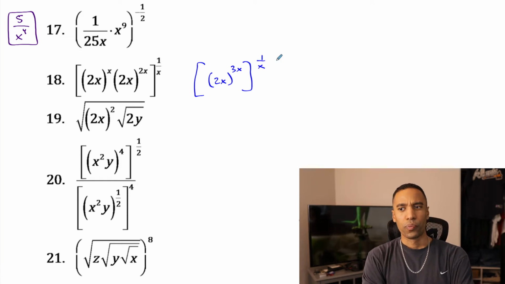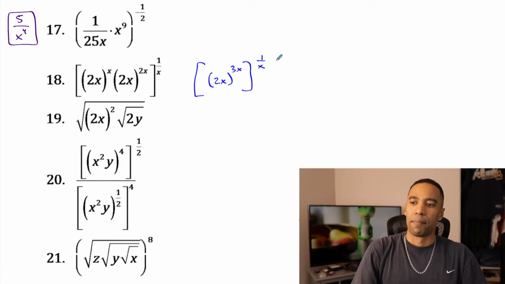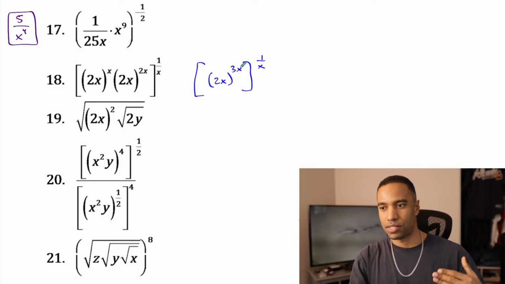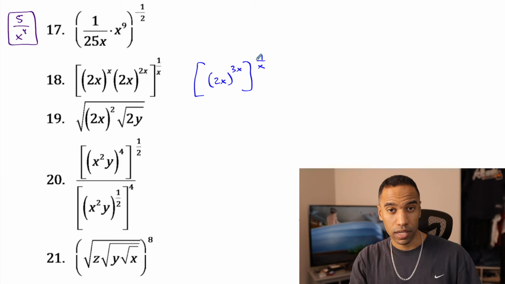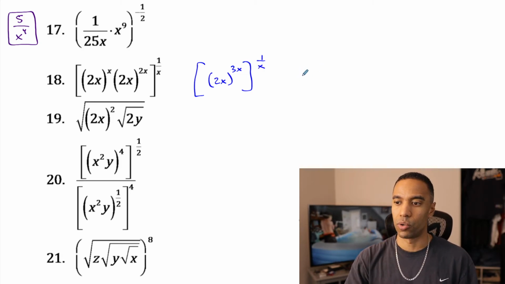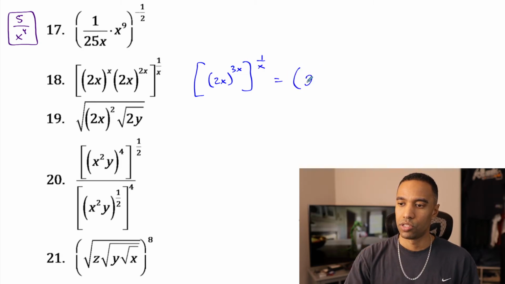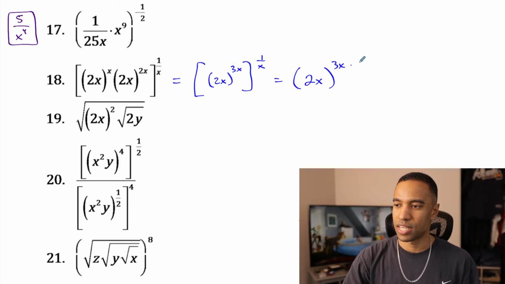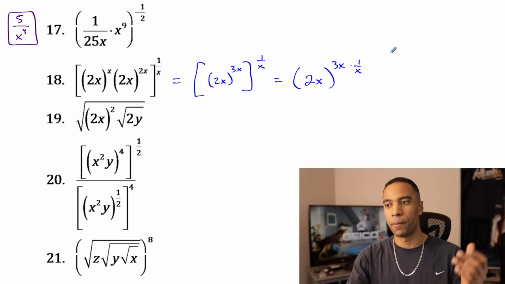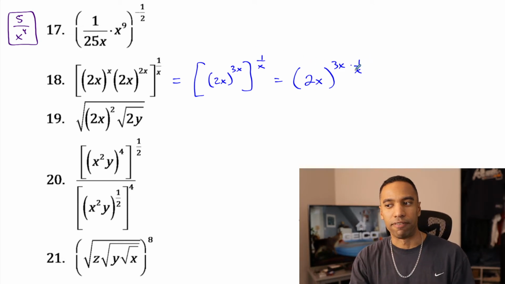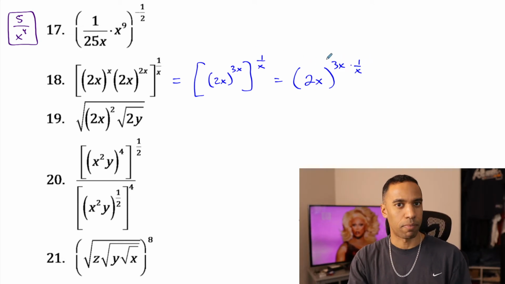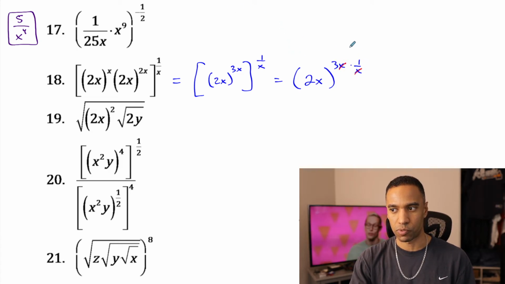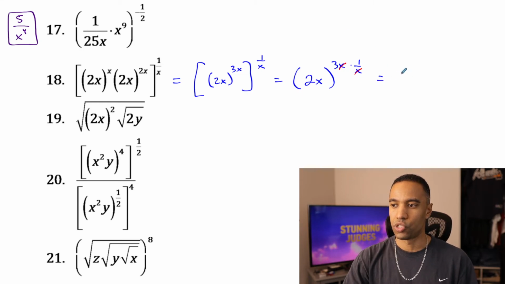There's something I can do with the 3 now, but I'm going to leave it. I am going to now play with these two together, in that the power to a power thing means you get to multiply these exponents. So what happens when you do 2x to the 3x, all to the 1 over x power? Well, those x's are dividing, right? X divided by x, they cancel. That's gone. You're really just 3 times 1 is 3. So you're really just left with 2x